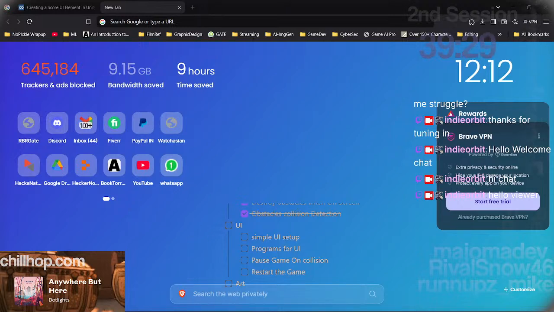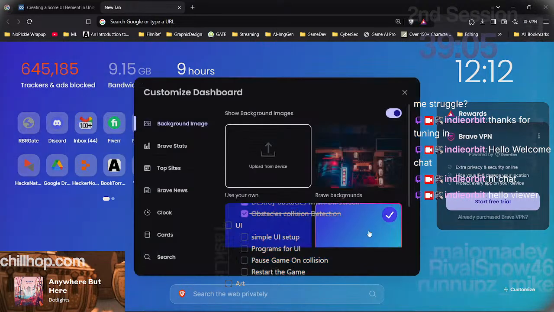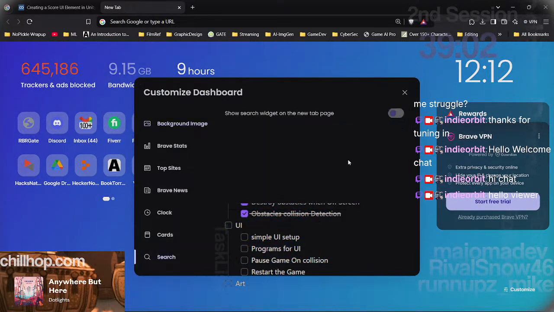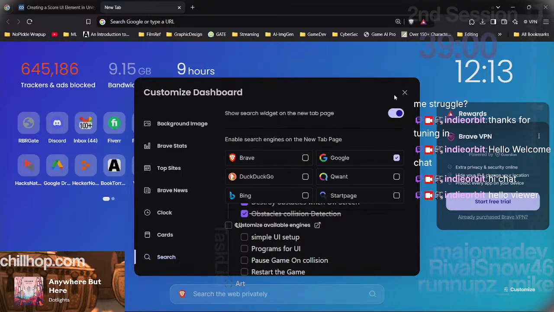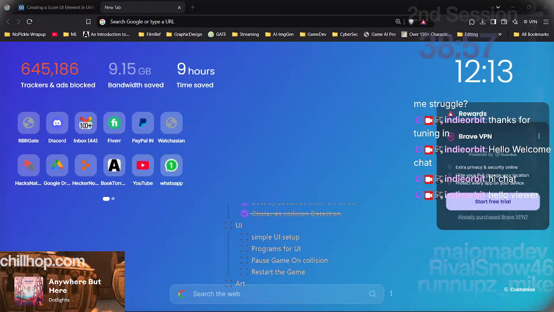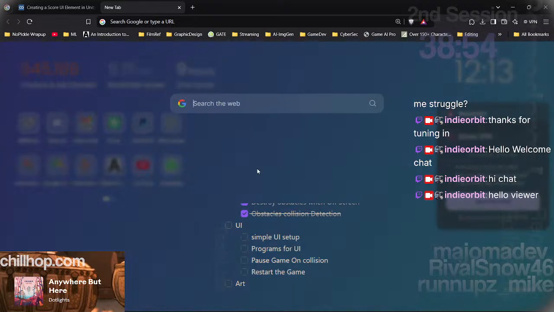Just a few seconds before we try to figure that out. So anyways, why is it searching in Brave? We can use Google over here. So what I want is